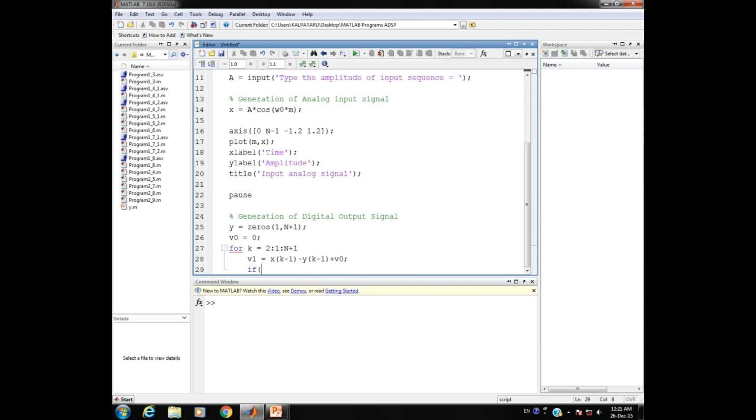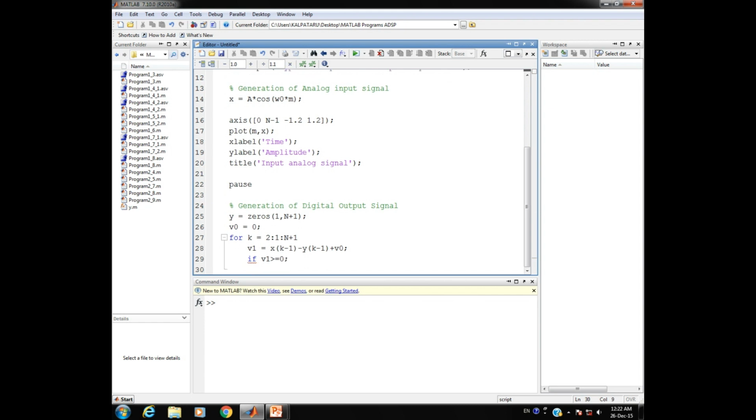and now making the use of if command. So the condition is to be put up with the if command here, so it should not be within parentheses here, so it should be like this. So the v1 variable that we have just now computed after entering into the iteration of the for loop here. So if v1 is greater than or equal to 0, so in that situation let us have the output generated y of k that is equal to 1 here.